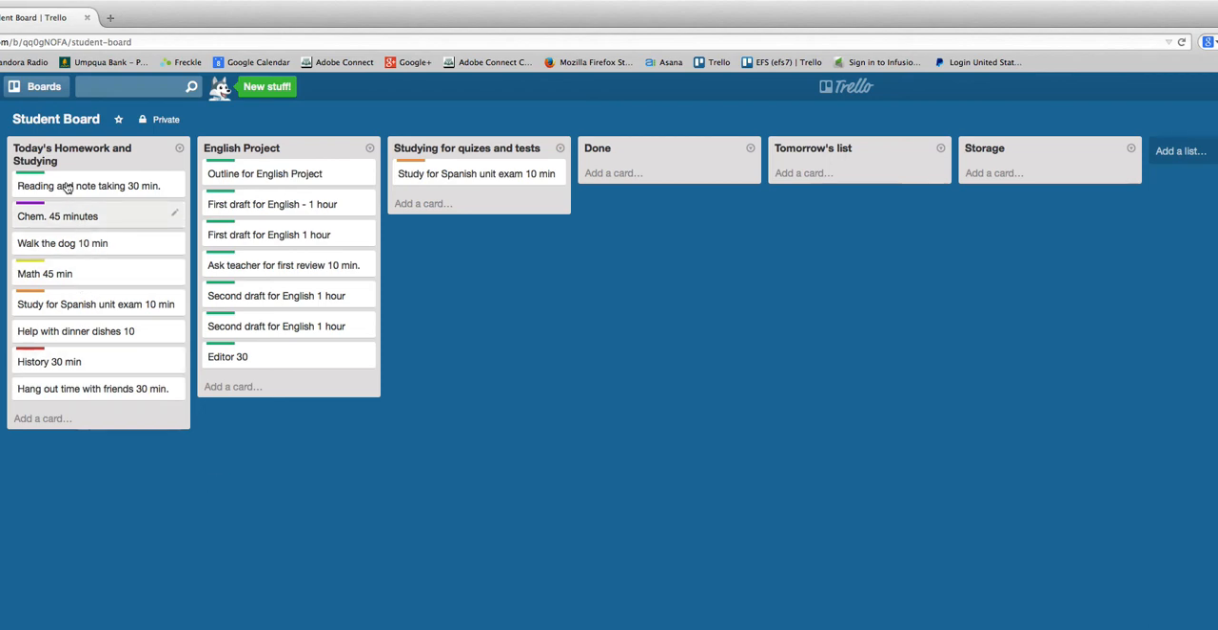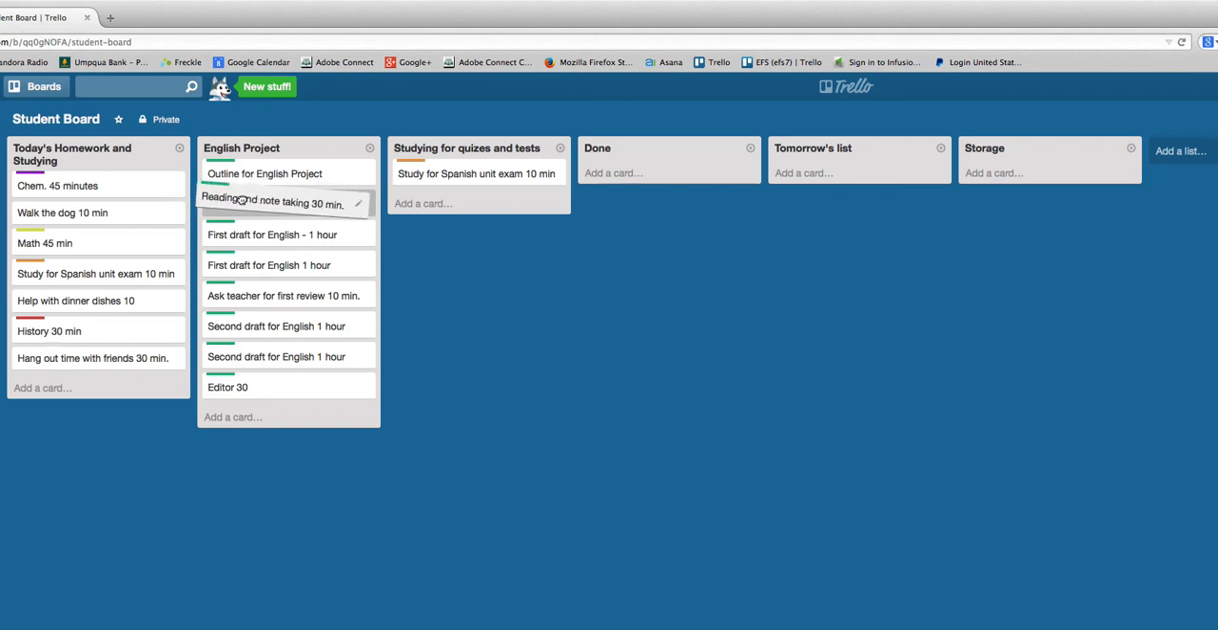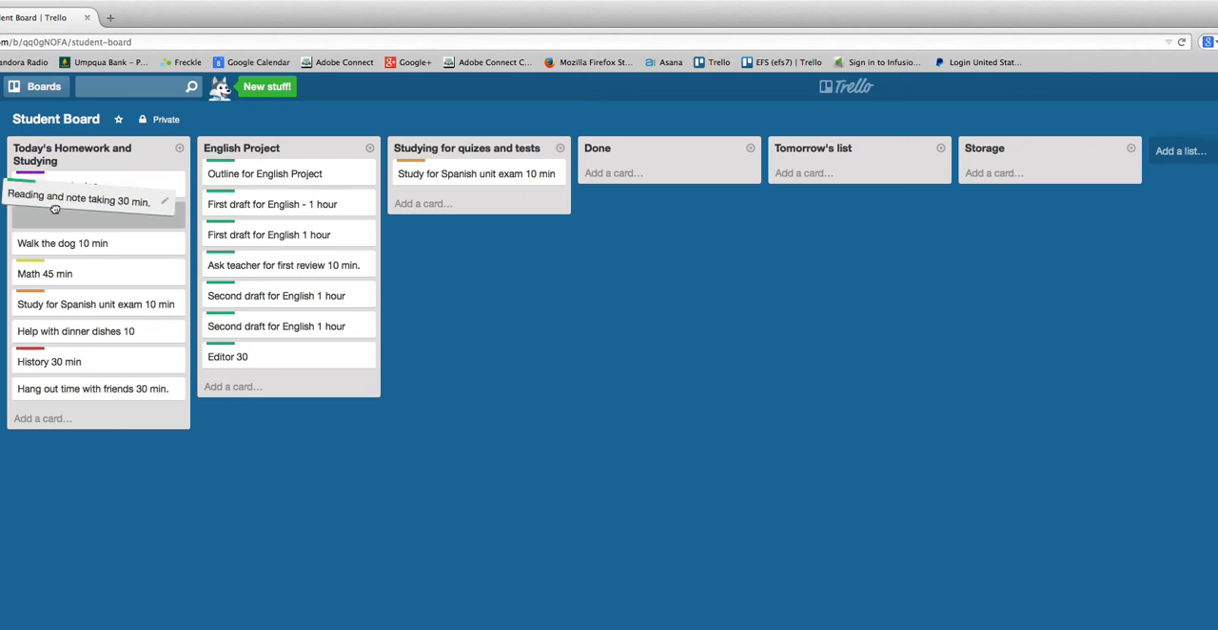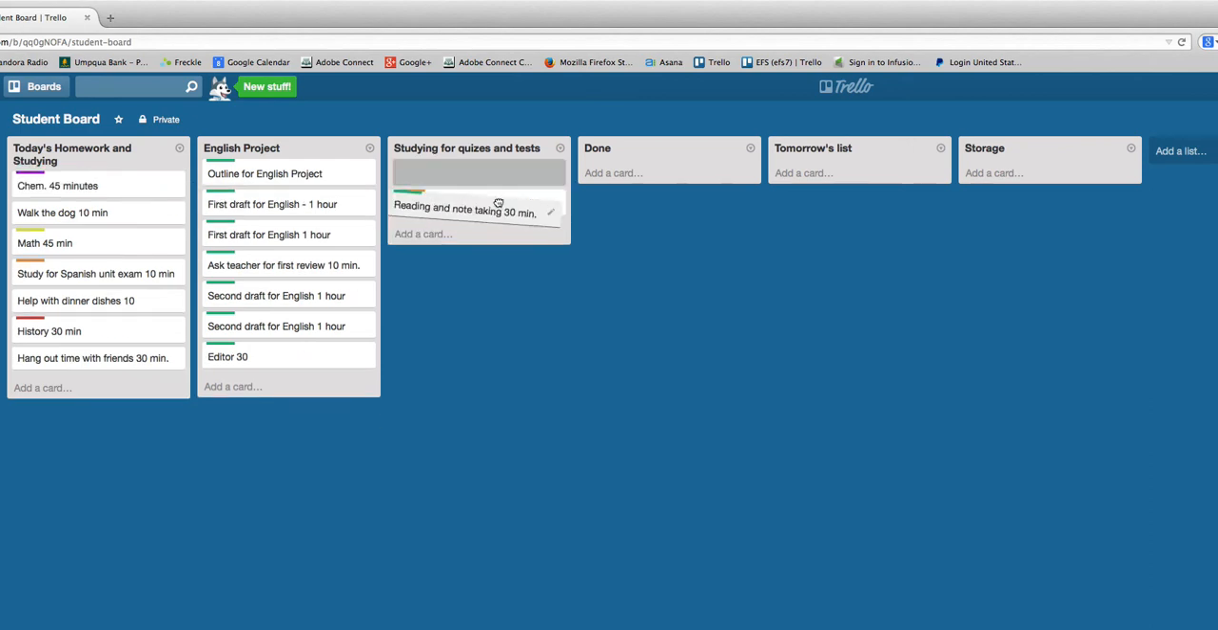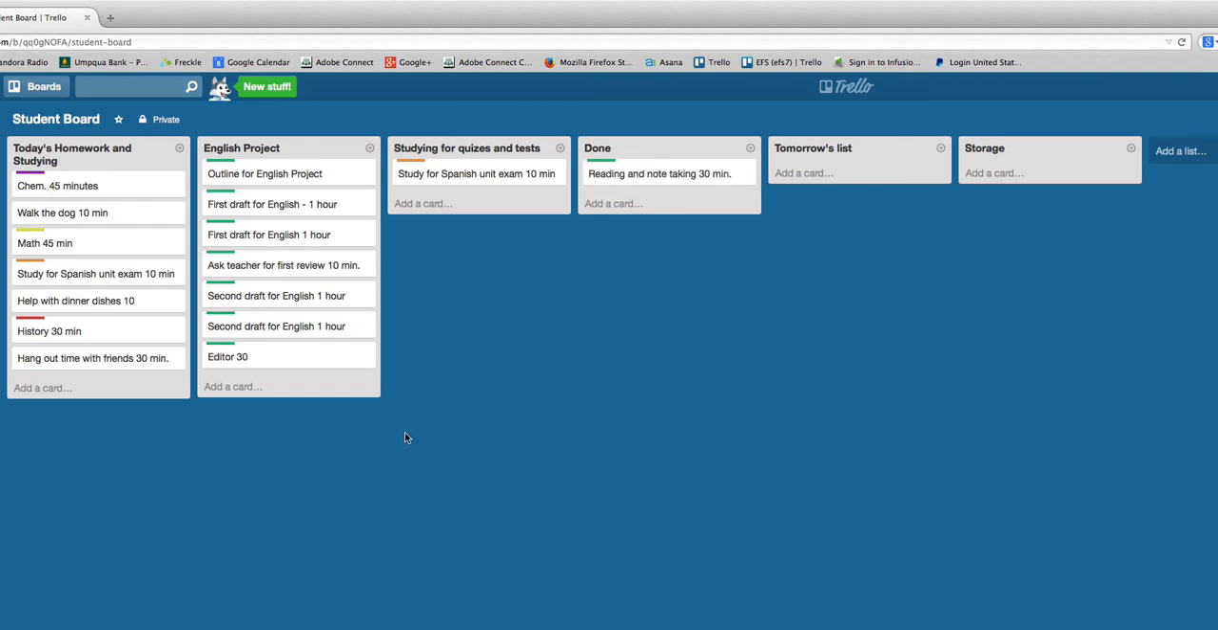So we start doing our homework, and let's say reading and note taking, we are done with that for English. Now we don't need to store that because we're done with the book. We're all ready to go on to the next step. So we can just get rid of this one. We don't have to store this anymore. But for right now, I'm going to put it in the done pile